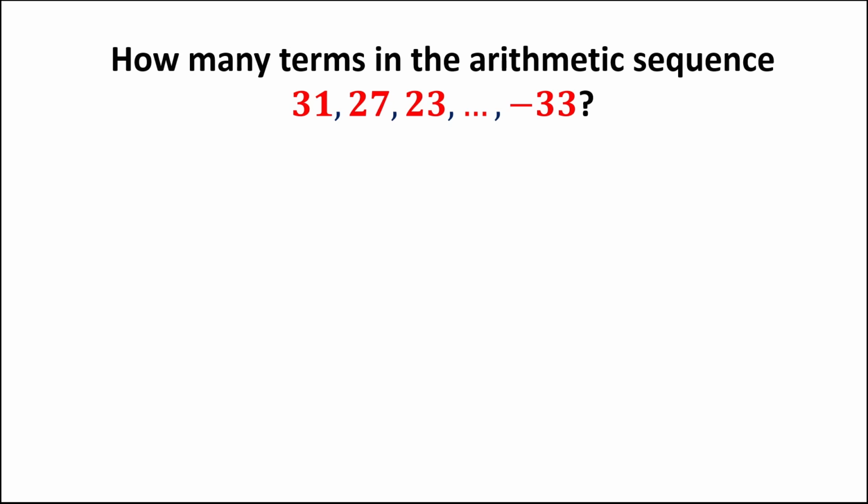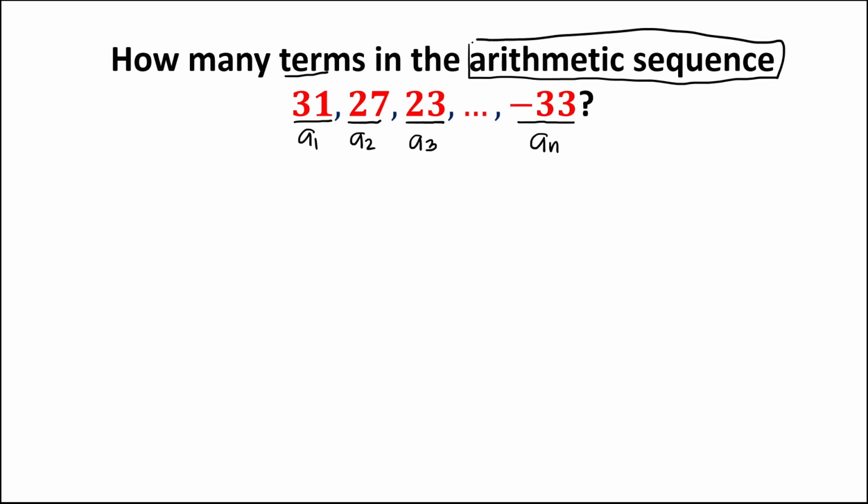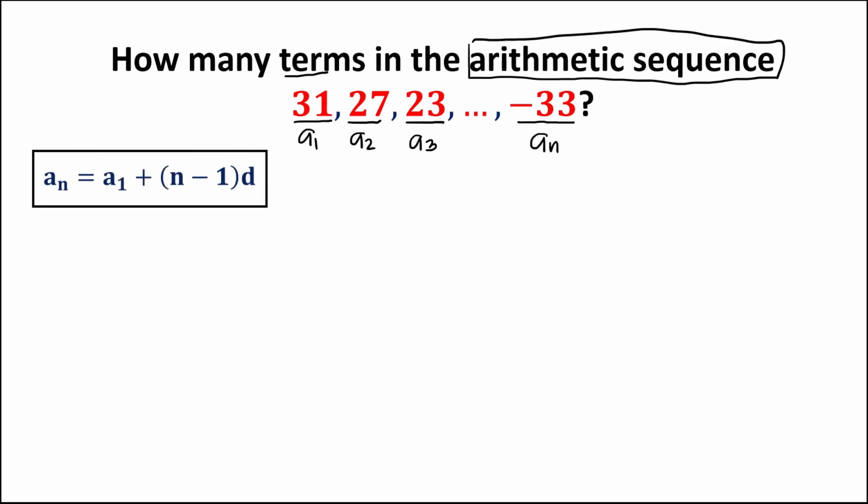So for this problem, to find the number of terms in the arithmetic sequence, take note that the first term is a sub 1, the second term is a sub 2, the third term is a sub 3, then the last term is a sub n. Since this problem is an arithmetic sequence, using the arithmetic sequence formula, we need to list now